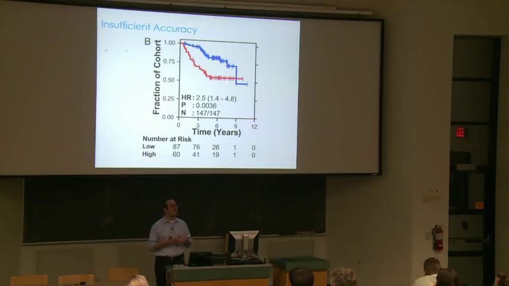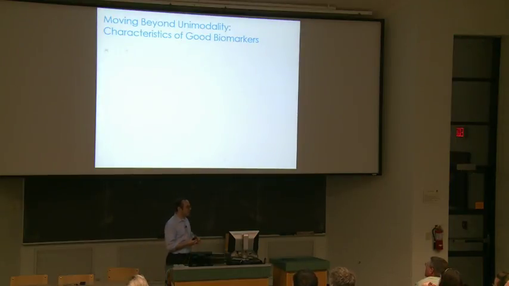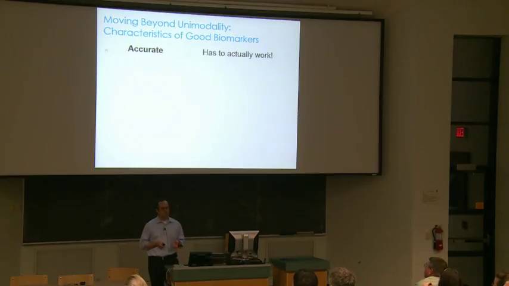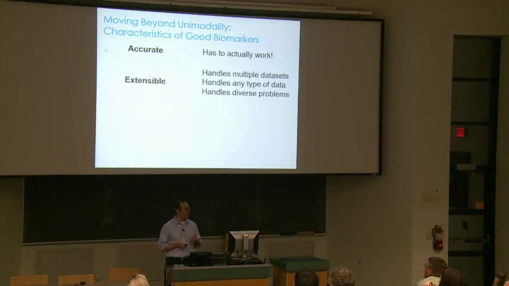Biomarkers are not useful when they have this kind of accuracy. In fact, surveys suggest we need biomarkers with about 80% accuracy before they will reach broad acceptance by both patients and clinicians. And so if we can't get there from an individual data set, of course the solution is merge multiple data sets. And that requires us to think hard about how to develop good biomarkers, how to create biomarkers that are not just accurate, but can also be extensible to handle different data types in single types of assays,